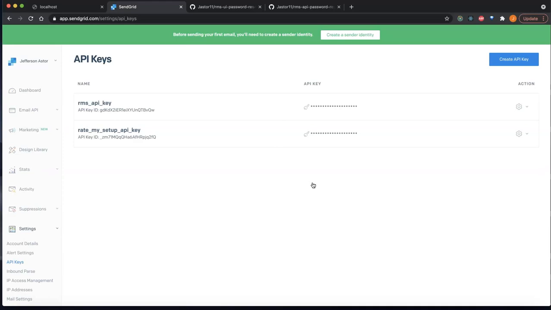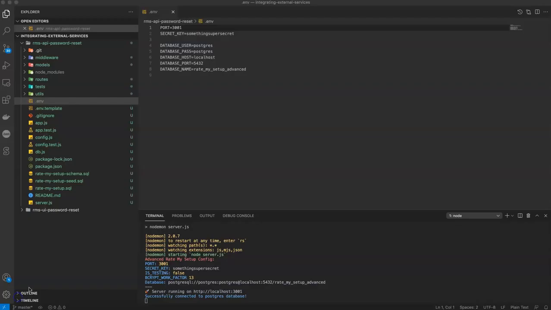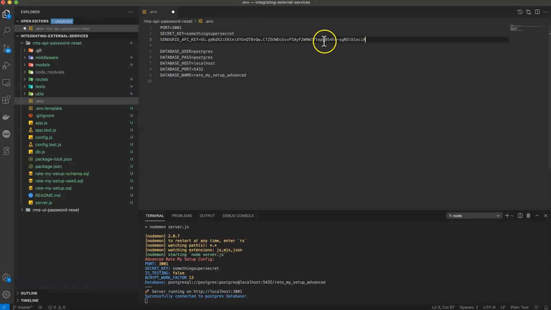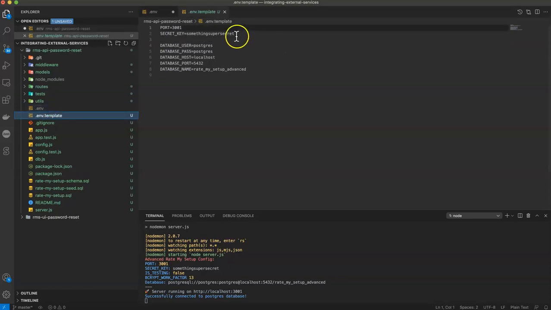To make sure you have that API key in the future, you're going to do two things. The first thing is you're going to come here and add it to the .env and .env template file. So you're going to say SENDGRID_API_KEY, and you're going to store the API key here. Make sure you also store that somewhere else that you have easy access to, but is not stored somewhere where you're committing it to Git. So somewhere maybe on your computer locally, or somewhere where you keep all your secret keys, somewhere you can keep it safe. And then in the template, you're going to add something that just says SENDGRID_API_KEY equals enter Sendgrid API